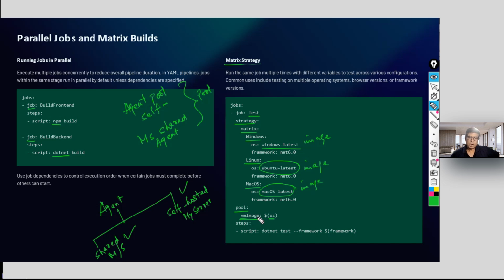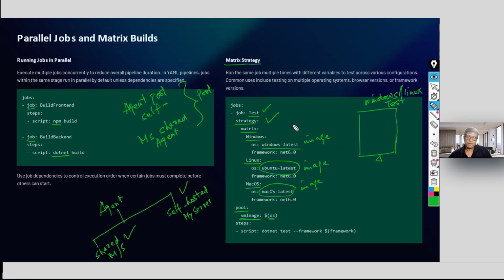No. So either you are working on Windows, or you are working on Ubuntu, or you are working on Mac OS. Are you getting me? Because this is the strategy that you have adopted for your testing. Okay. So your test box, you are testing the same application, but one time testing on Windows box, or maybe you are testing on Linux, because you do not know, your client might be working on Linux.